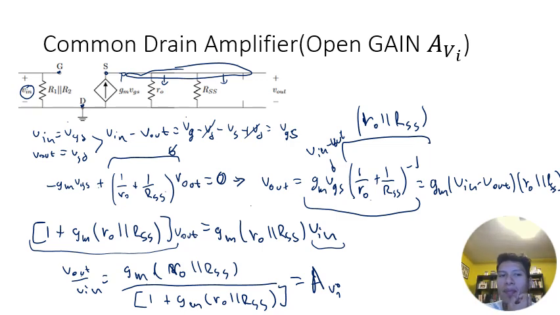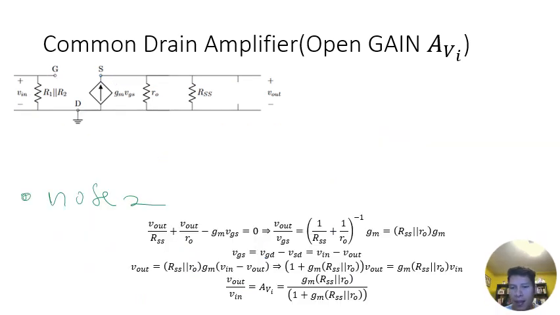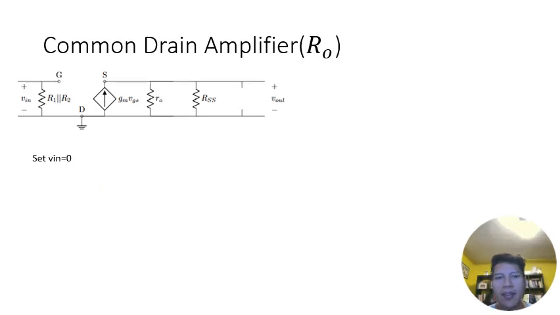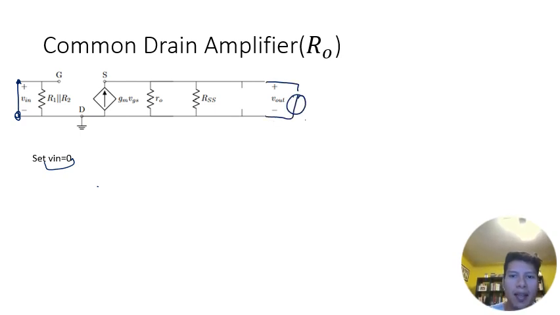Now we're going to actually derive our equation for capital RO and capital RIN. So here's that derivation again, typed up so that it looks nice and pretty. And now let's go ahead and do RO. So to do RO, remember, we have to set all other sources to 0. So in this particular case, we're going to set Vin to 0. And then we're going to do an Ix Vx test. So we're going to plug in not a current, a voltage source